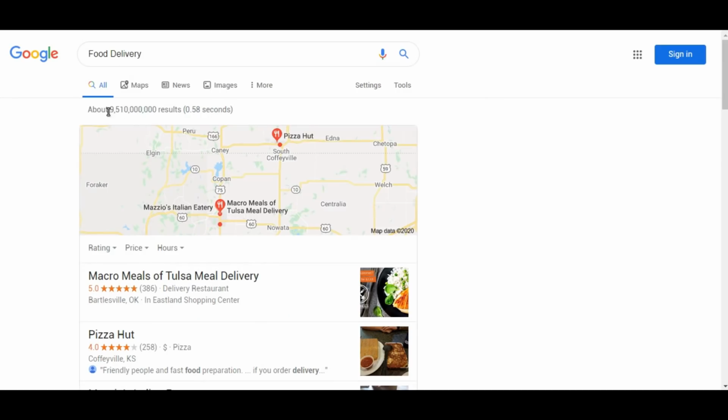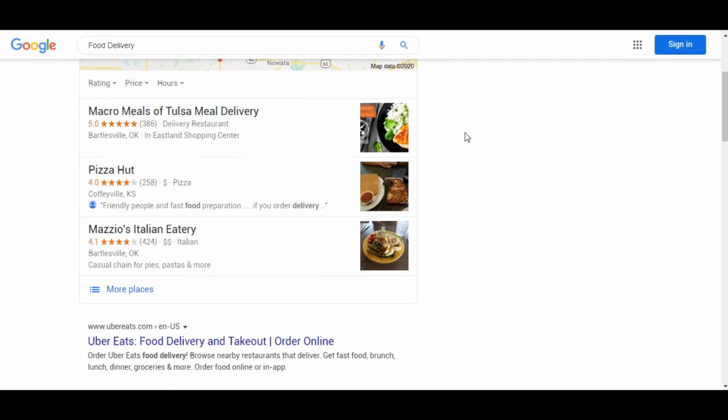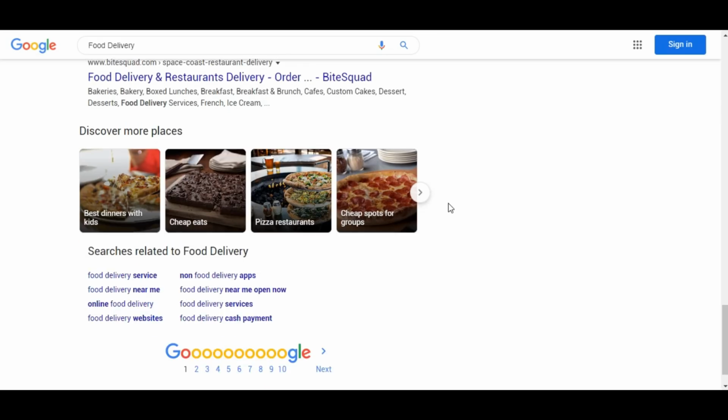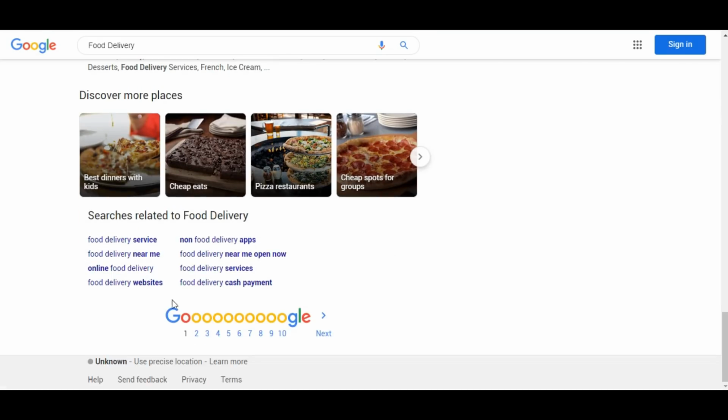As a first keyword, I'm going to go down here to get searches related to food delivery. This is what we actually need, because people are also searching for this, right?